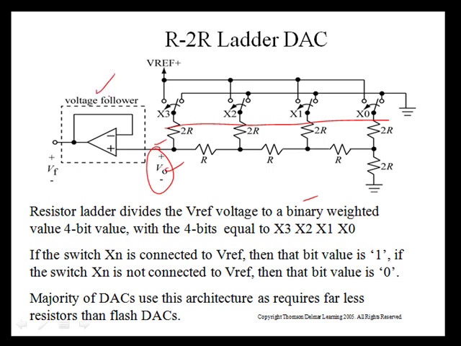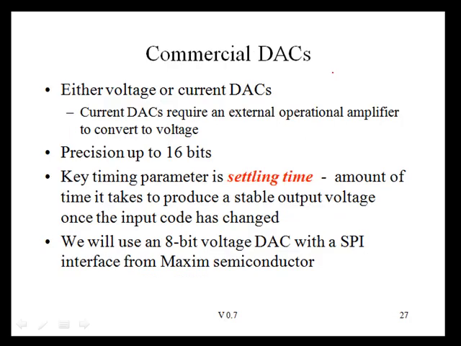We'll do that via an op-amp that is connected in what's called a voltage follower configuration, and all this does is replicate this voltage on its output and provide current drive for whatever load is attached to the output of the DAC. While the key timing parameter for an ADC is conversion time, the key timing parameter for a DAC is settling time,